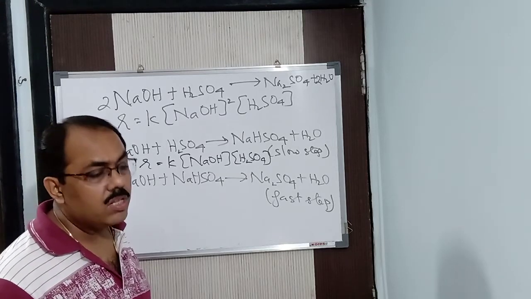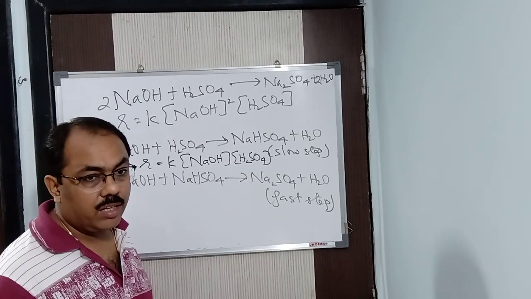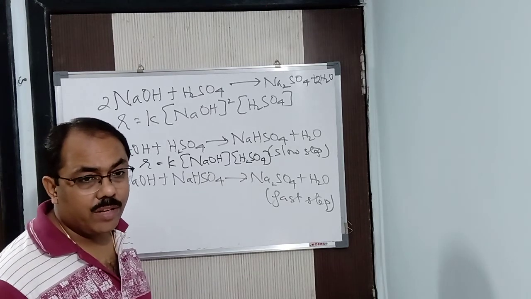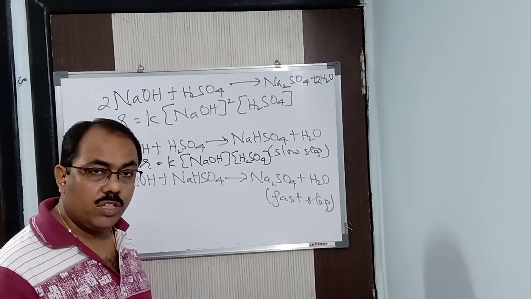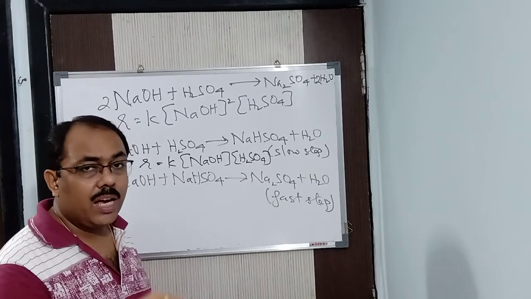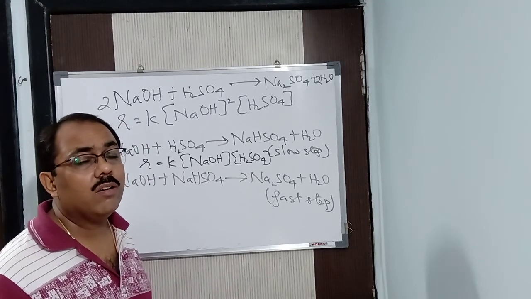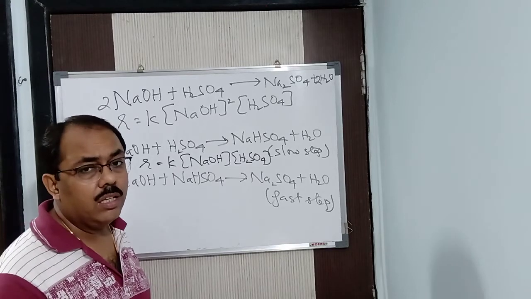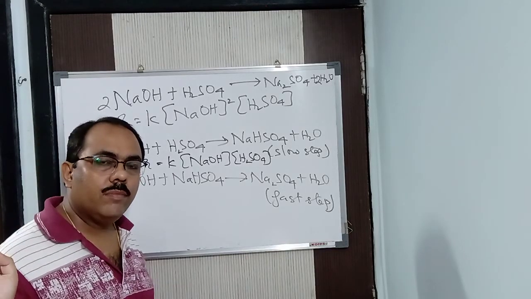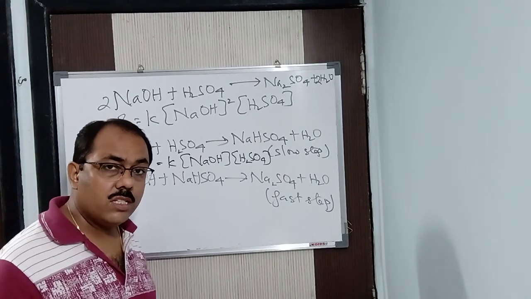So the rate constant is a constant for a particular temperature, but changes with change in temperature. When you do numericals, suppose one temperature is given as 300 Kelvin and another as 325 Kelvin. The rate constant for both temperatures will never be the same. Listen carefully. For 300 Kelvin you will have one rate constant, K1, and for 325 Kelvin another rate constant, K2. If it is not given, then your question is wrong, because two temperatures means there have to be two rate constants, as the rate of reaction changes with temperature.